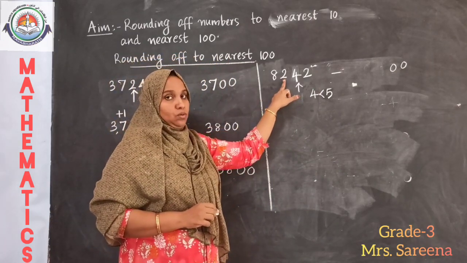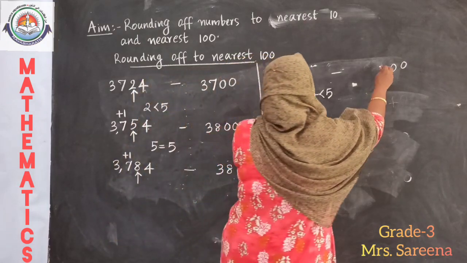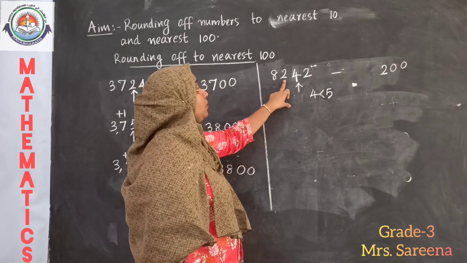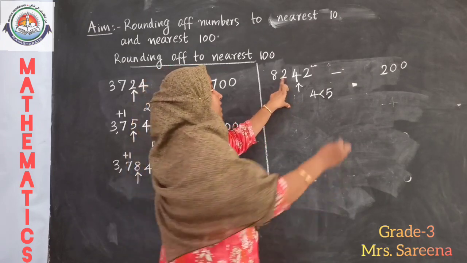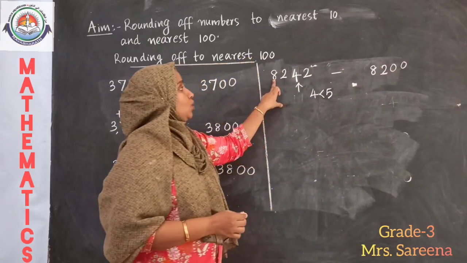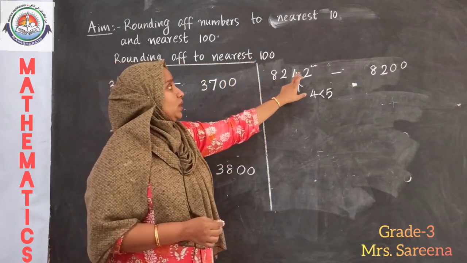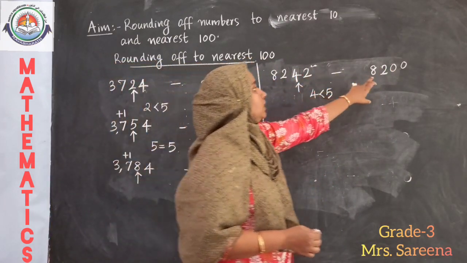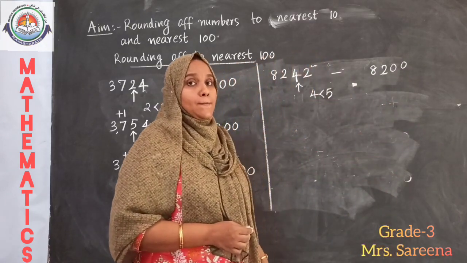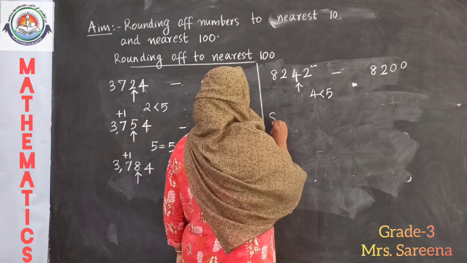No. So these numbers remain the same. The digit at the tens place, the digit at the hundreds place and the digit at the thousands place remain the same. And after rounding off 8,242, we get 8,200. Okay. Then another one,